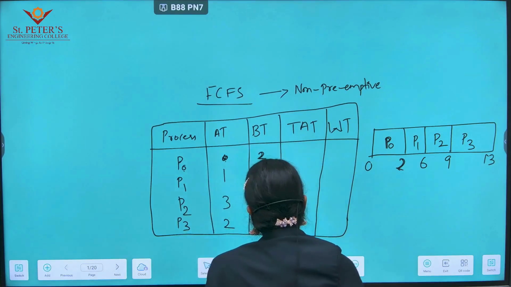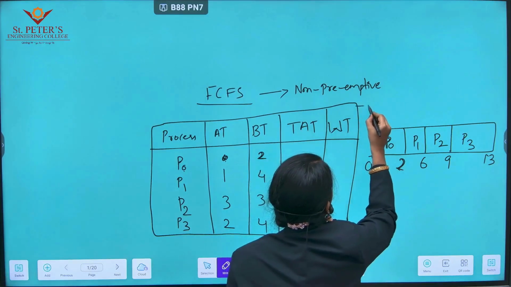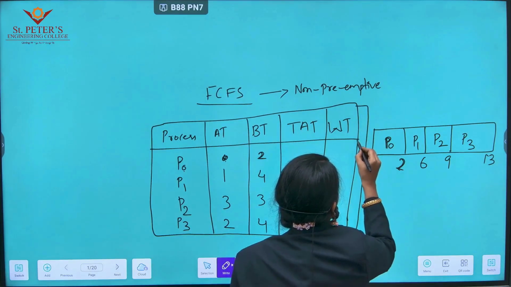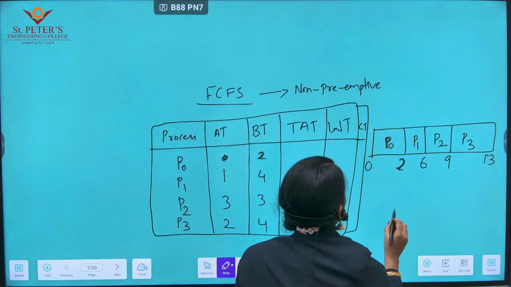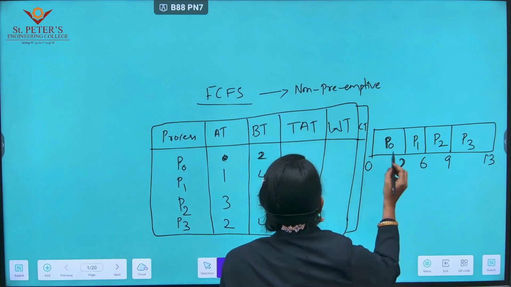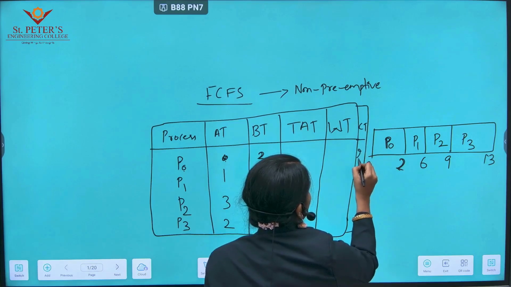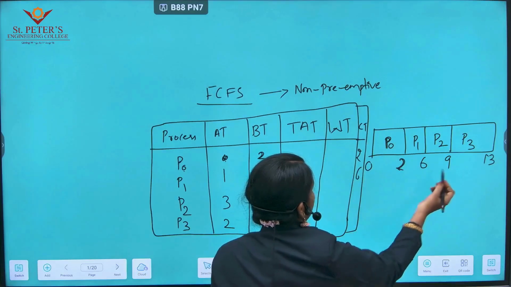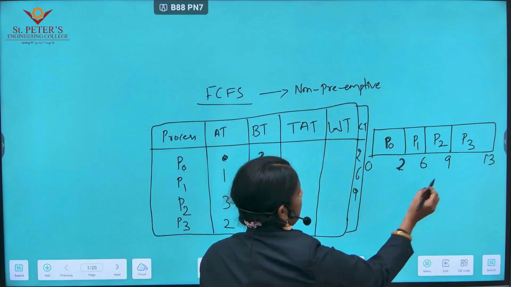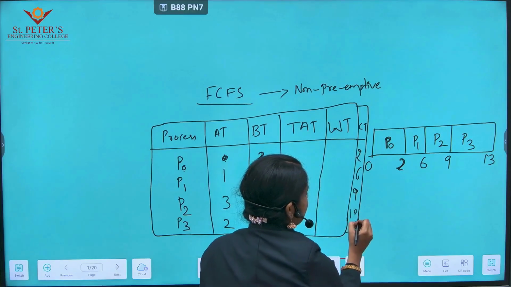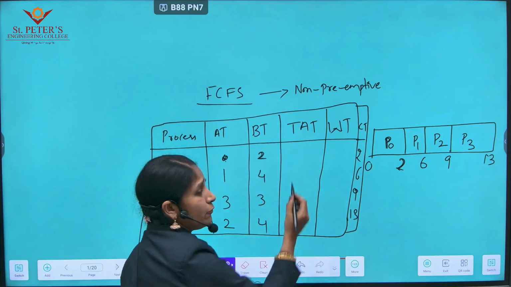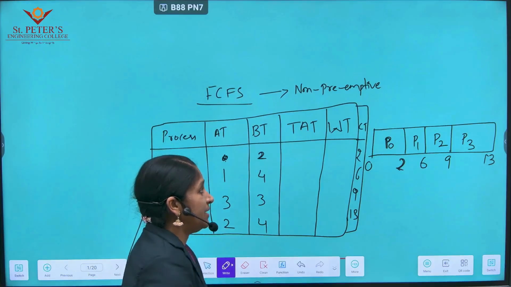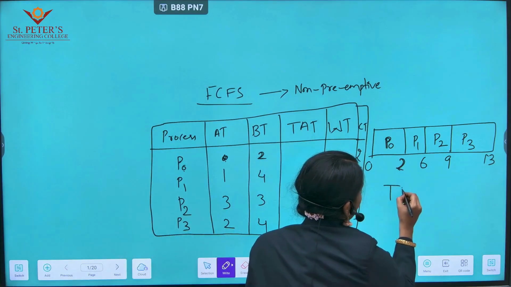So here we need to take one more thing, that is completion time. Completion time we have to take: P0 is 2, P1 is 6, P2 is 9 and P3 is 13. So how to find out the turnaround time? Turnaround time we have to find out